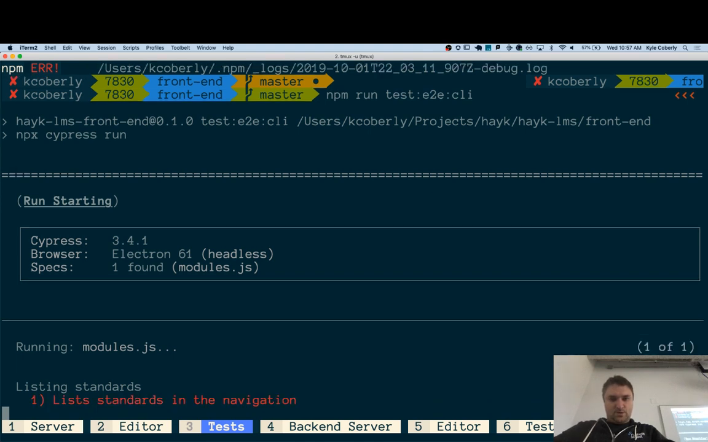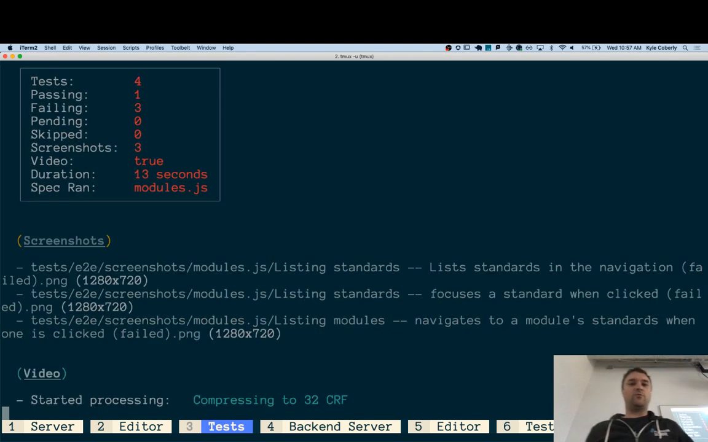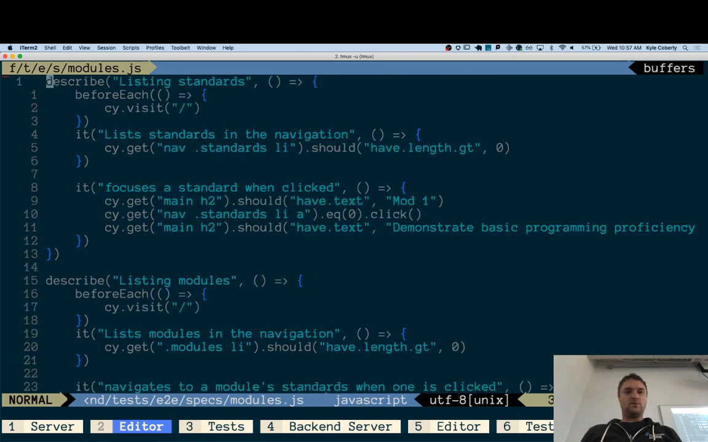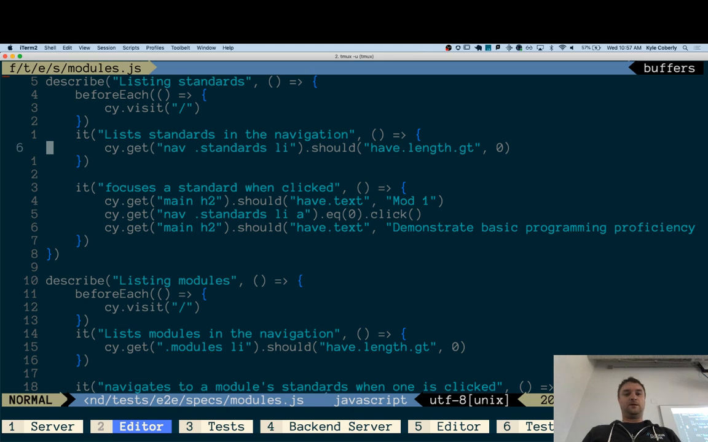Oop, broke the old test. It's probably because I redid the navigation. But listing the modules, one of them worked. All right, cool. So let's get these working again. So nav standards list. All right, so we need to do more work than we used to for that. So now we need to navigate to a